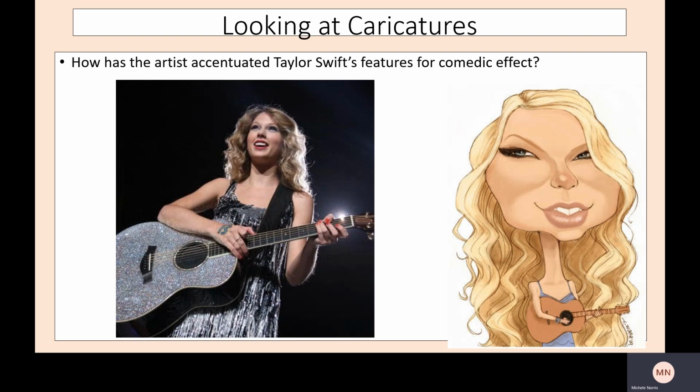That's it, Taylor Swift. The name completely escaped me earlier. Here you've got Taylor Swift. They've exaggerated some of the outline of her jowls and her cheeks and her eyes. They've made them a little bit smaller and narrower. Nice slender neck, which they've elongated. Okay, so let's have a look at the next example.